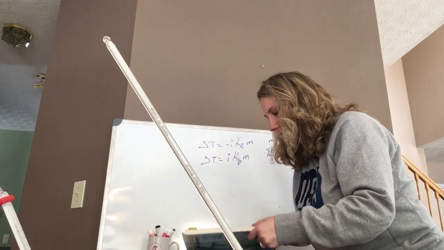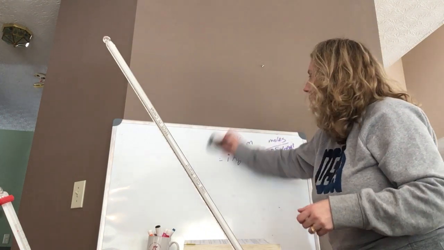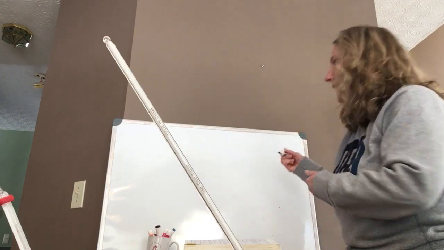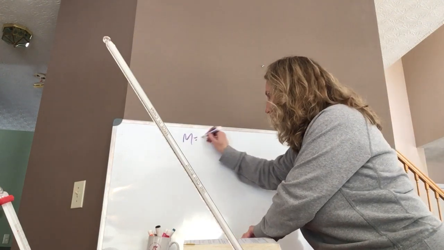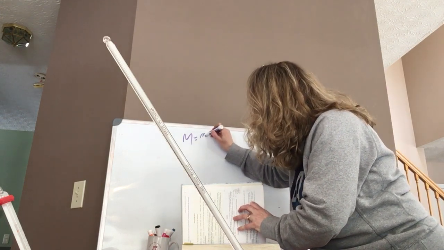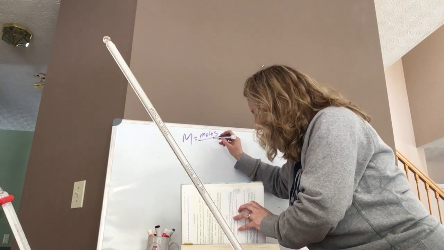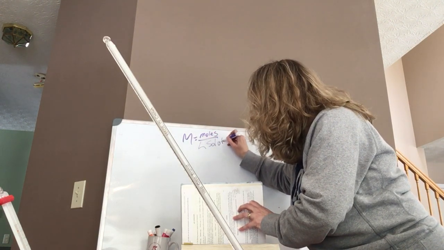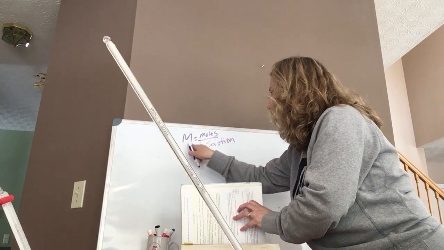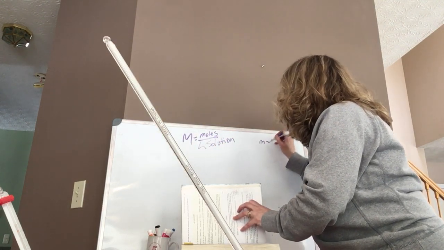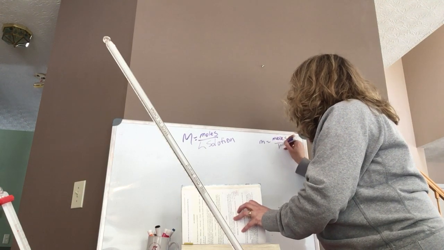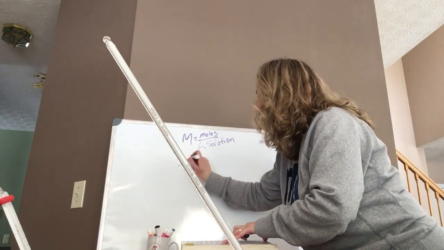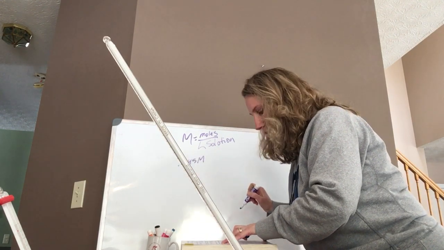So let's do, how many liters of a 0.245 molar, a big M, remember, my molar is going to be moles per liter of solution. Okay, so big M is going to be moles per liter. Small m is going to be moles per kilogram. Okay, so how many liters of a 0.245 molar solution of